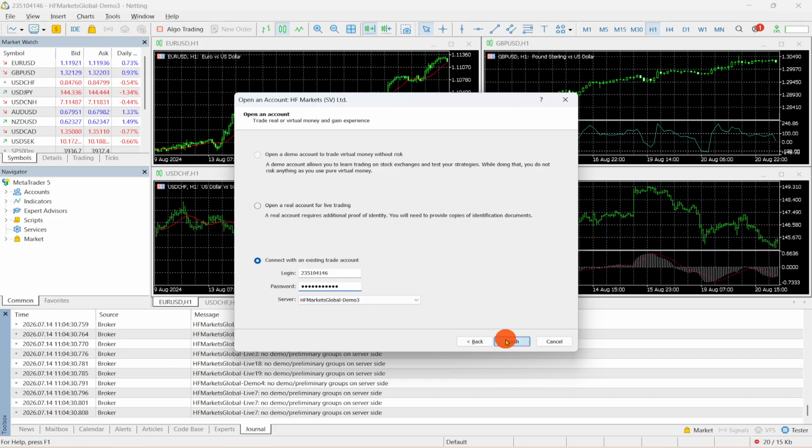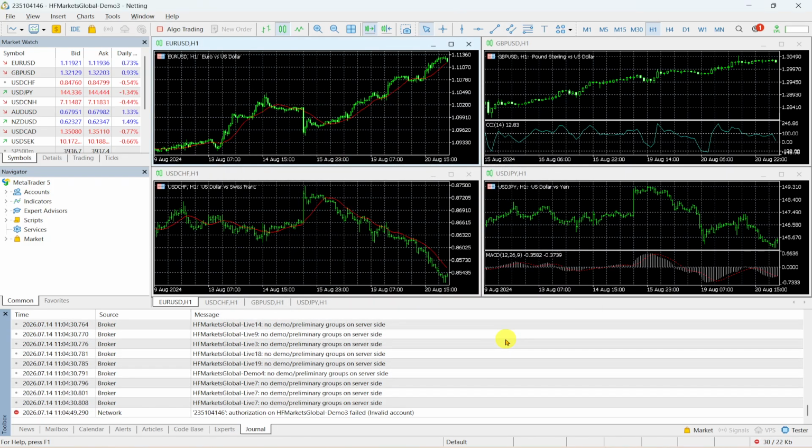Double check that the details are entered in the correct boxes, then click Login. If everything was entered correctly, MT5 will connect to your HFM account and load your trading environment. If it doesn't connect right away, the most common causes are an incorrect server name, a mistyped password, or selecting the wrong account type. Reviewing those details usually